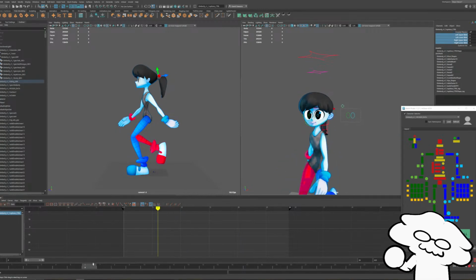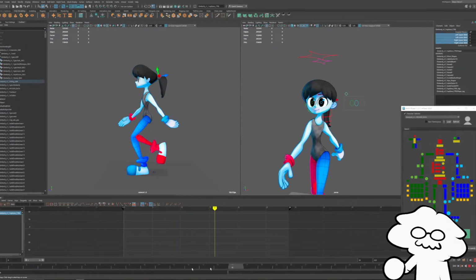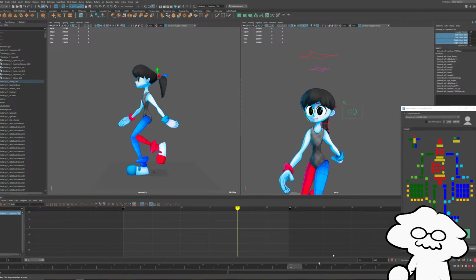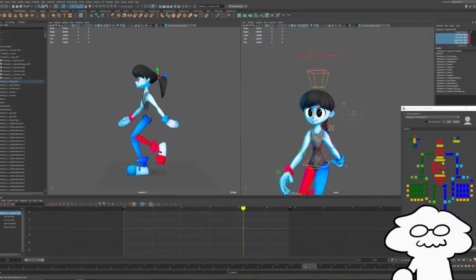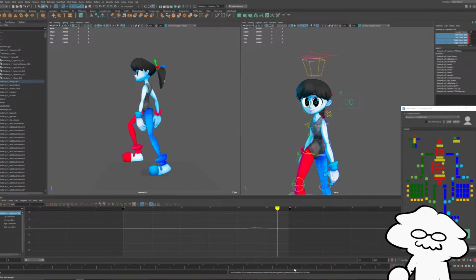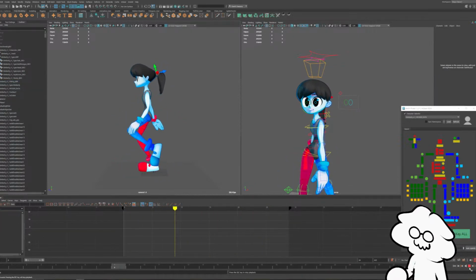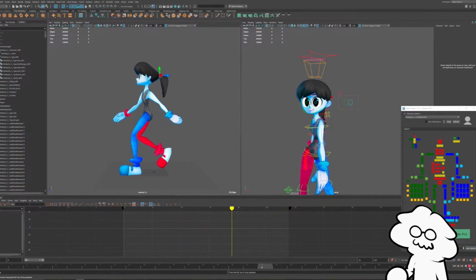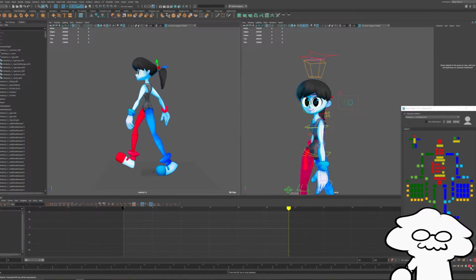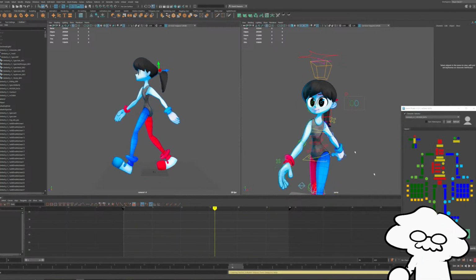But I like to generally have a blink at least once in my walk cycles, just because it gives a character a bit more life. Just once. Yeah. That looks a lot nicer. So I think that's pretty much in place.